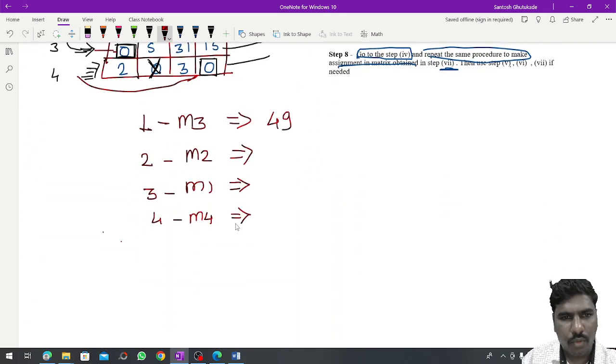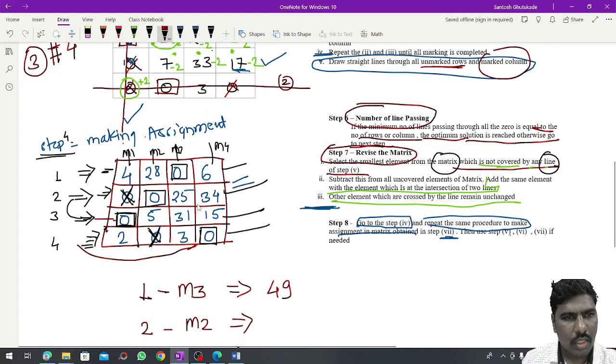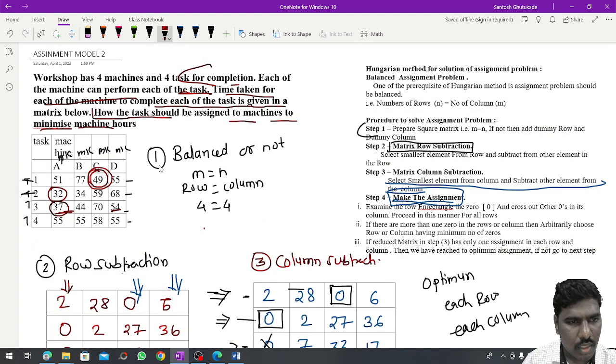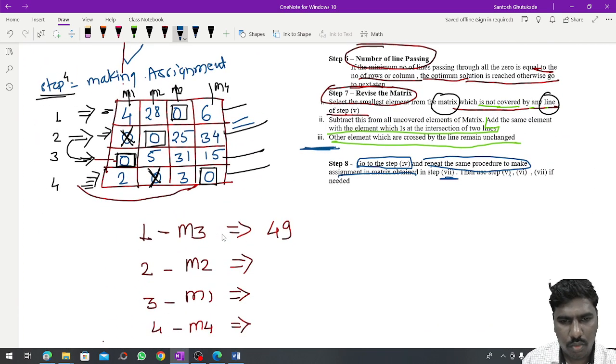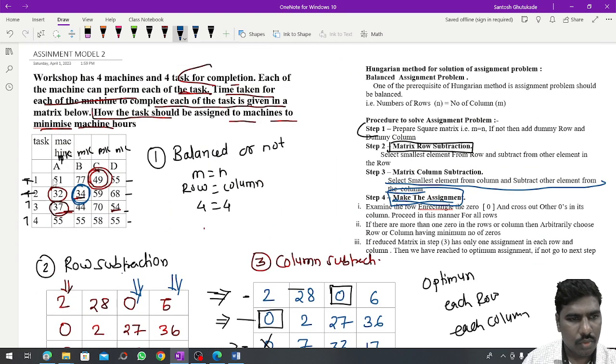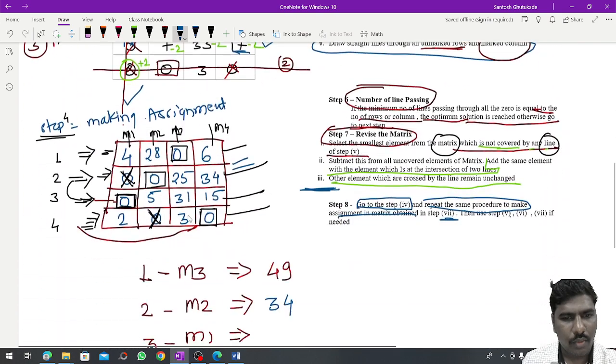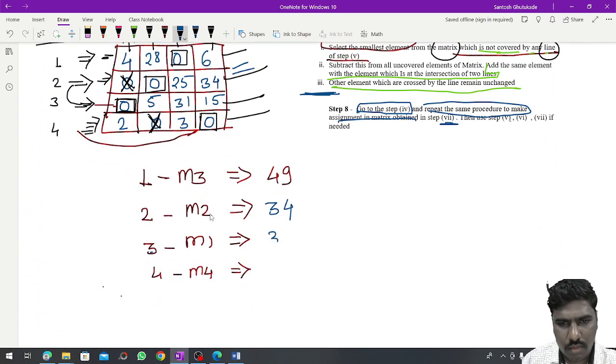Task 2 to machine number 2, which is machine B, is 34, so we mark 34 here. Then 3 to M1 means 37, and 4 to M4 means 55, so we mark 37 and 55 here.